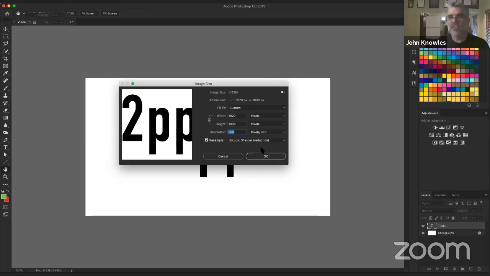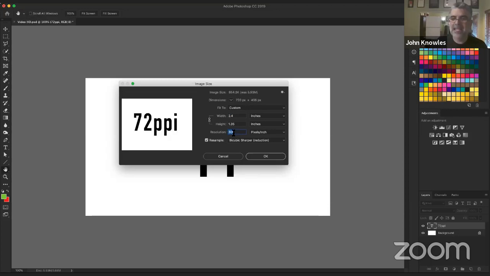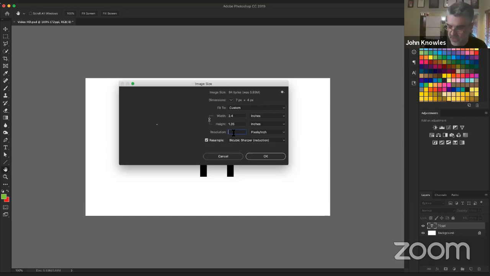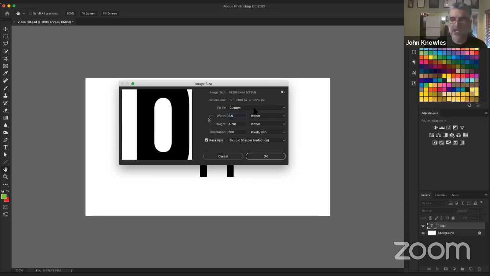Simple rule of thumb. Are you printing this? Yes or no? If you're printing this, then when you make your image, you want to be focused on the actual physical size. You're going to be working in inches or in millimeters, and then adding enough resolution for your output device. Again, start at 300. I've gone as high as 600 just to get a really nice, crisp, big image when it comes out the other end. But working this way, you also see that file sizes get much larger,